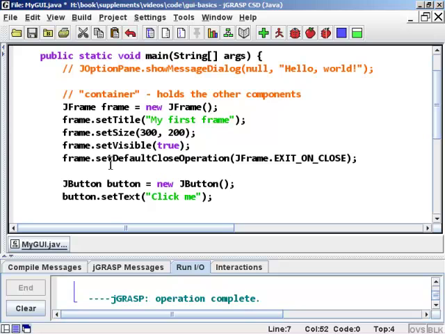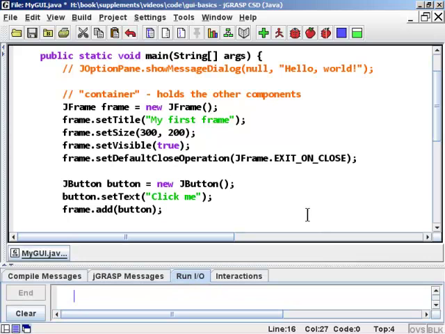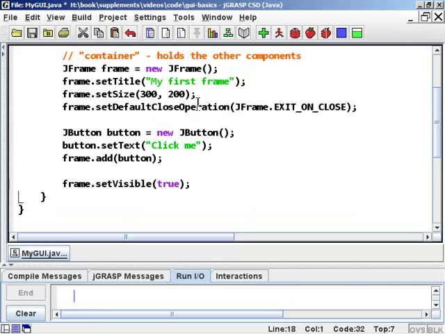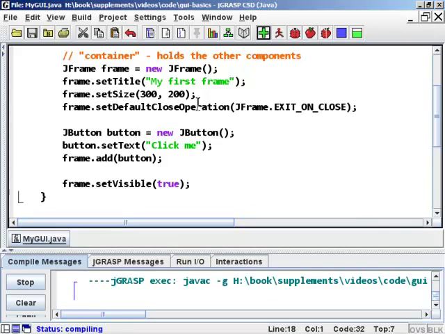And if you want the frame to hold the button, to store the button inside of itself, you can say something like frame.add(button). And think of it like a collection, like a list that we might have learned about in one of the previous chapters. You can add this button inside the frame, and now the frame will draw that button. And so usually we do all these things before we put the frame on the screen. So we set the frame to be visible last. So if I compile that and run it,